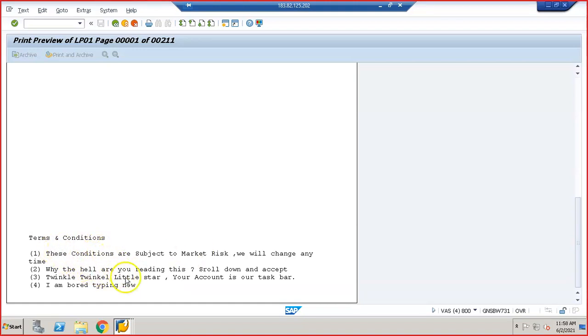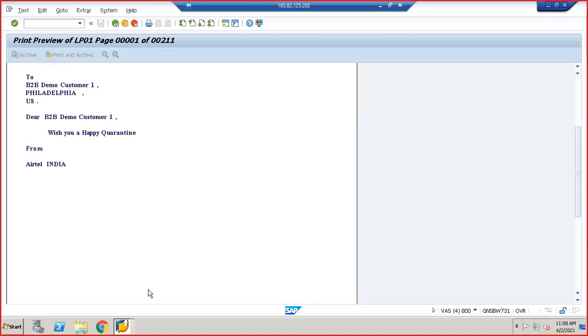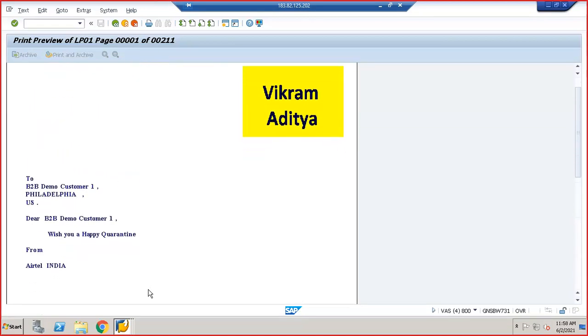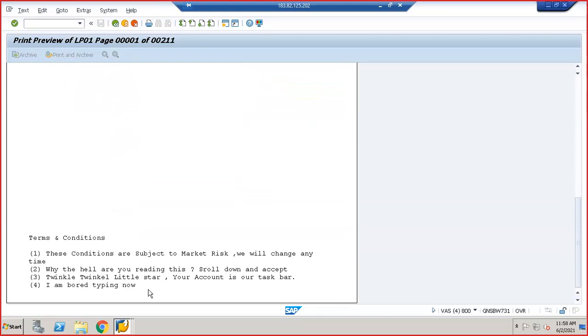Since we have mentioned that in the text module, we need to maintain the style there. By default it will come like this, the standard text. We can change the font and all later. This is coming directly from the text module, so you can maintain the text module and use it multiple times in multiple places.